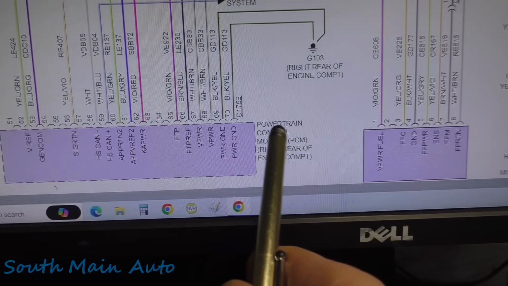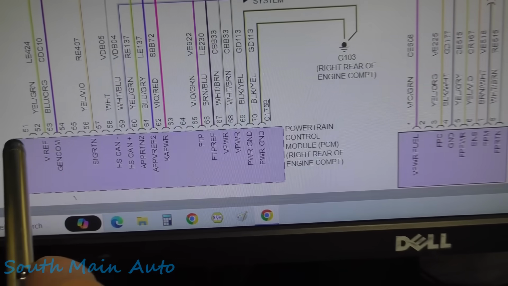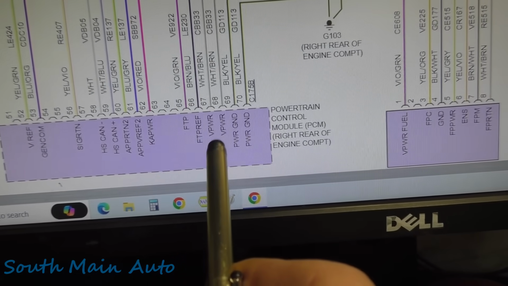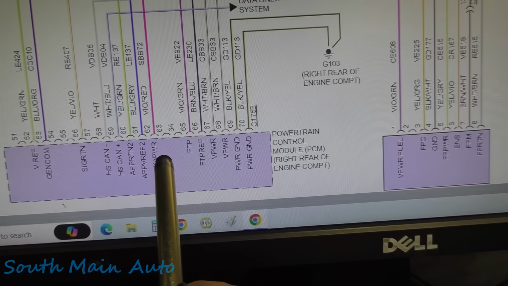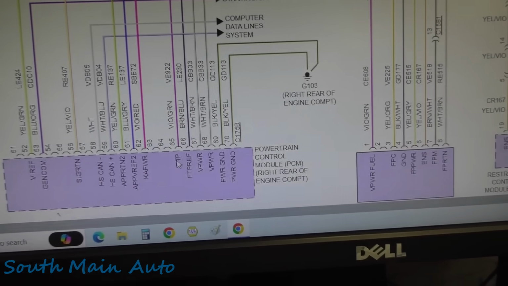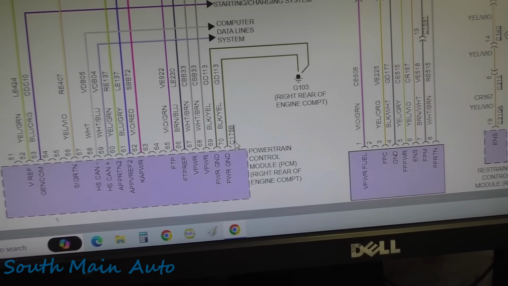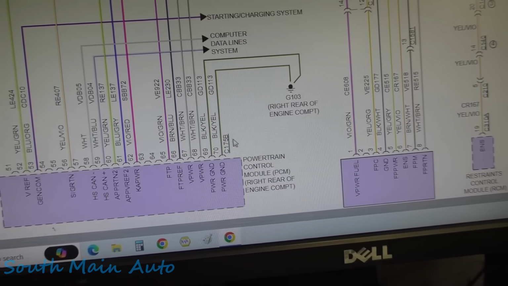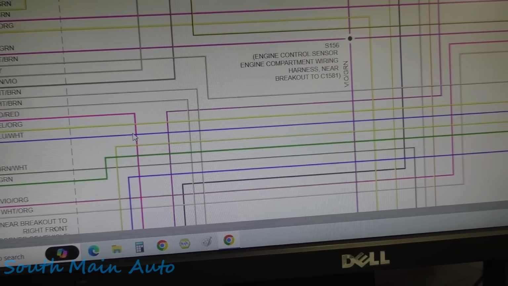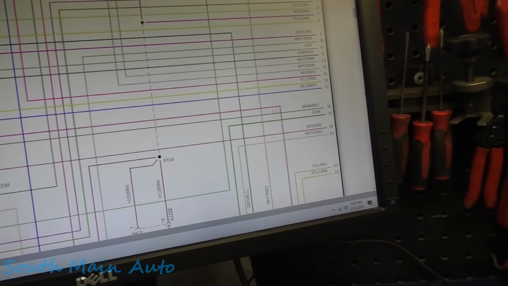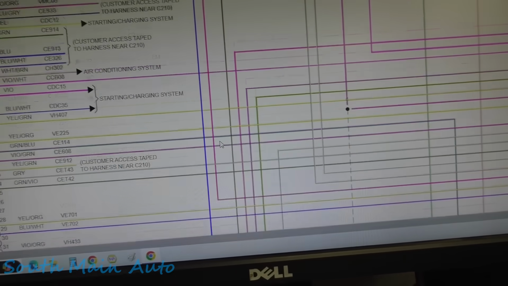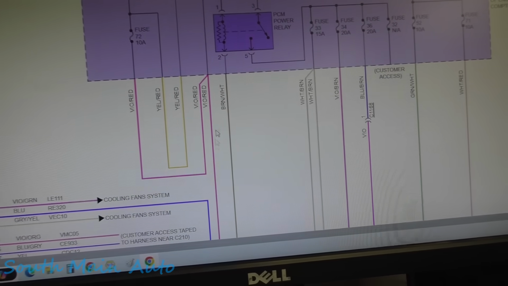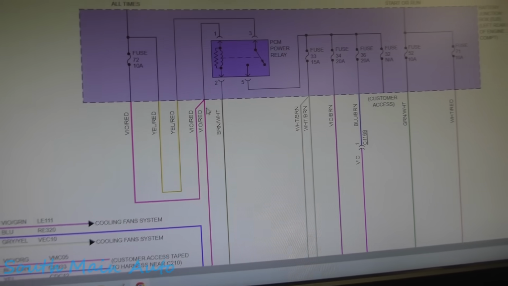So we find it here on the PCM diagram. Now remember, when there's a dotted line around the box, it's not the complete PCM, but we can see here KAPWR, keep alive power, on pin 62, connector C175B, and then we're going to follow that up. That goes over here to number 15. We'll find number 15 over here. You can use Mitchell to highlight these, but it's a little easier to do it like this. And then it comes up here to the battery junction box,